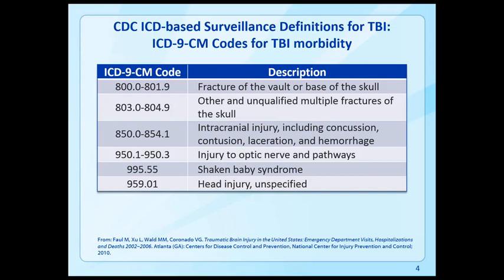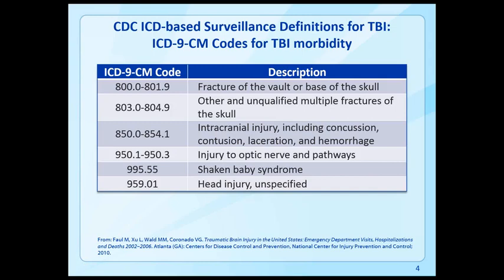So as mentioned here on the slide, we've been using ICD-10 for deaths and ICD-9-CM for morbidity cases. And in both of those worlds, we've developed definitions for traumatic brain injury that have been in use for over 20 years. So in the next few slides, I want to briefly look at the existing surveillance definitions for TBI.